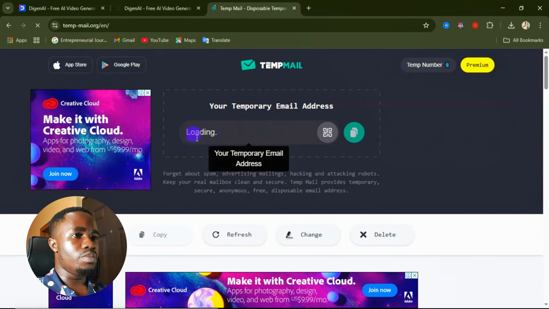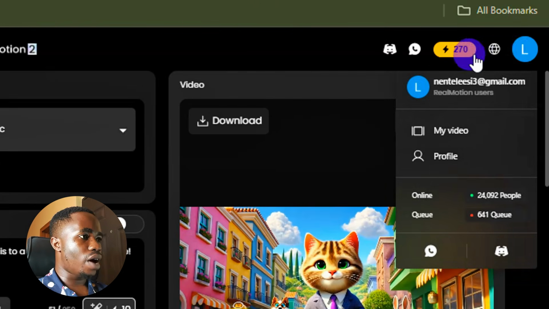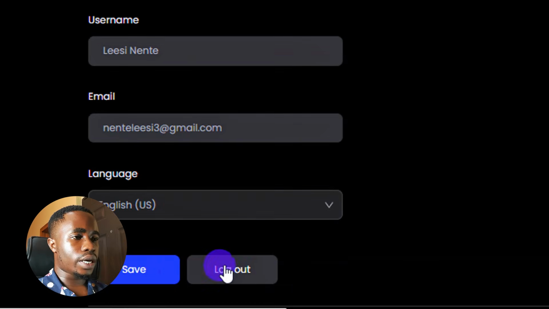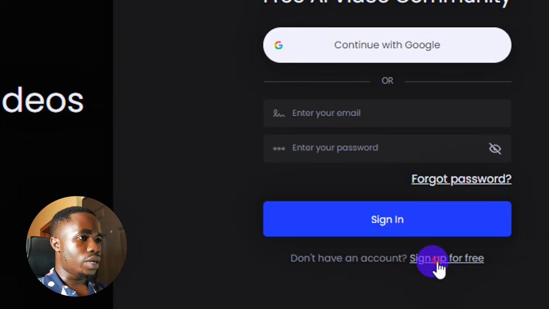Once you get this new email address, then you need to go back to this website. Come over here where you see your profile. Click on that place, and from here you can click on your profile. So from here, come down and click on logout. After logging out, then you come down here, click on sign up for free, so that you can go back to this temp mail,